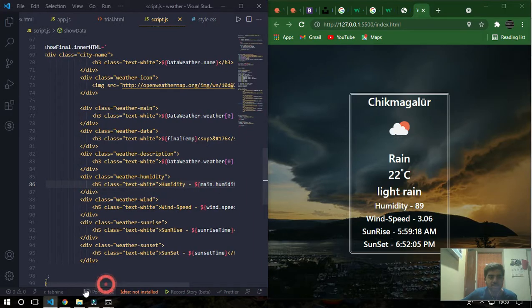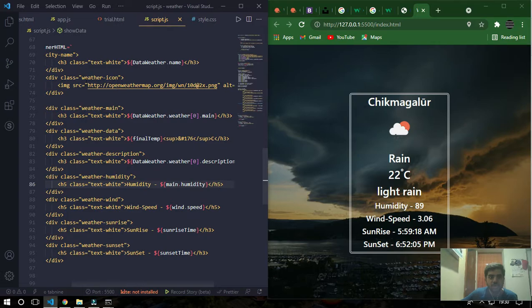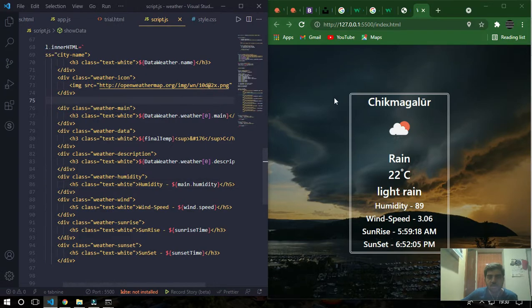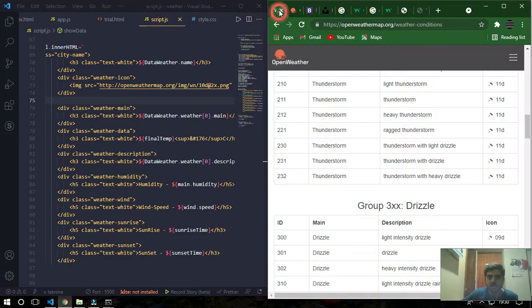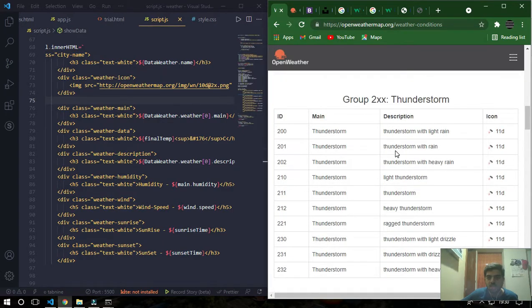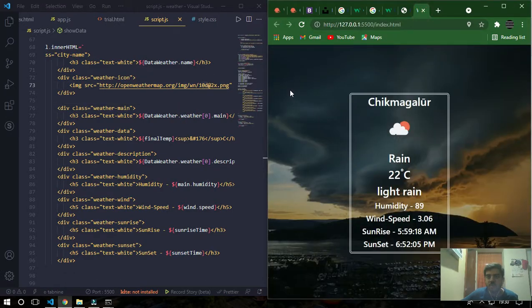Okay, so our image source is this http open weather map and so on, but where do we get the images from? We have this here, but to change images, we just have to change this part. Okay, how do we get this? That is so simple. That is provided with the API itself.